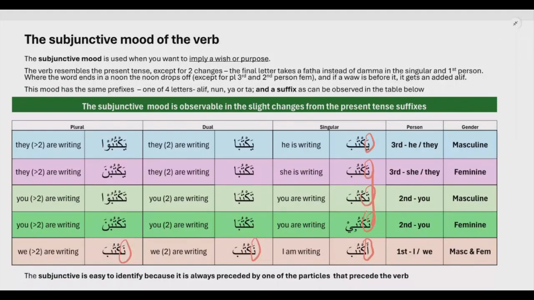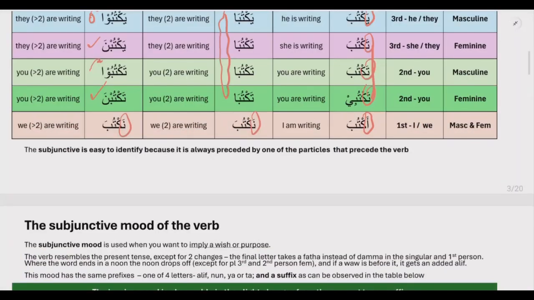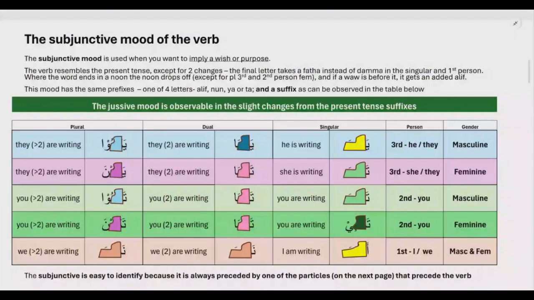And also we said that there are other differences like the nouns that disappeared here from the normal present tense, even the noun that disappeared and got replaced by an alif. These two remain the same, like the ordinary present tense. Okay, so these were some of the features of the subjunctive mode. So it has prefixes and suffixes. And I showed it to you in this format as well, where you can see the features very clearly,